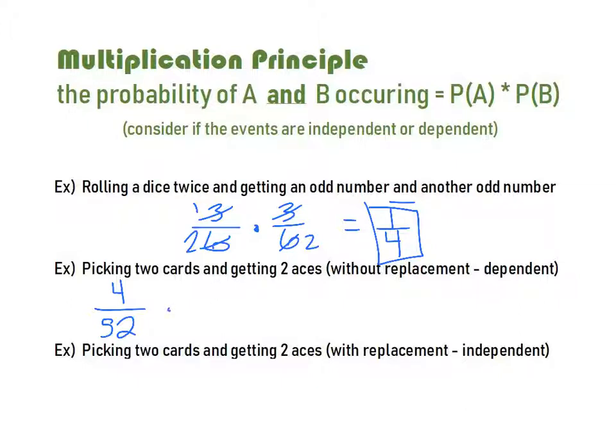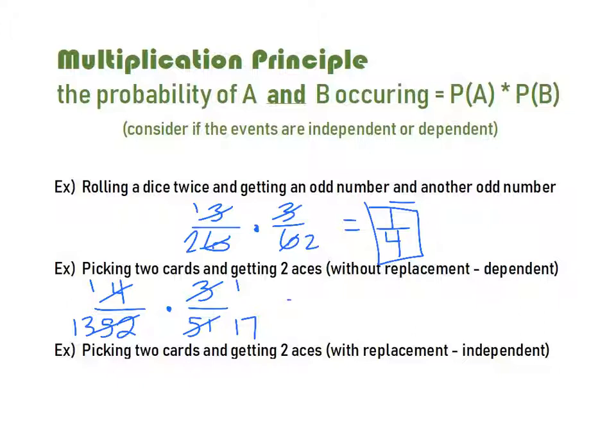And so I'm going to multiply. I'm going to do this again. Here's where I have to adjust my probability, because without replacement means I didn't put the card back. So there are only 3 aces now, only 3 successes, and only 51 cards in the deck. And again, I'm going to multiply these. I would reduce first: this would reduce to 1/13. This reduces to 1/17. And then when I multiply those,